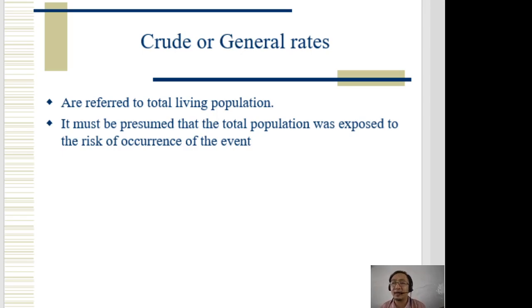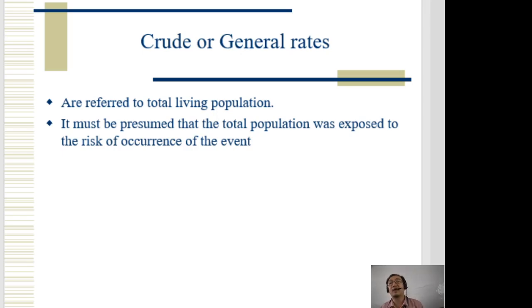When you say birth as a crude rate or general rate, it means all of the population is involved. Birth involves all population, death involves all population, because everybody is born